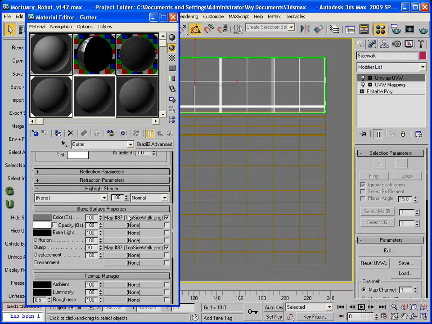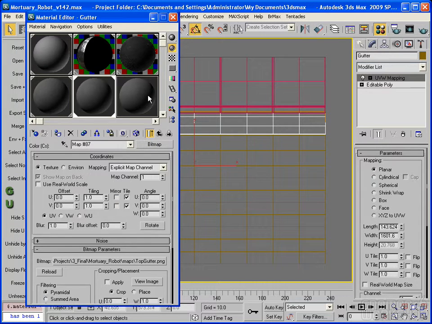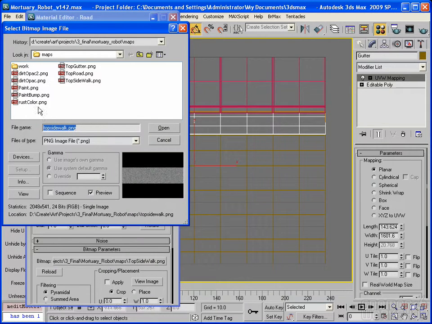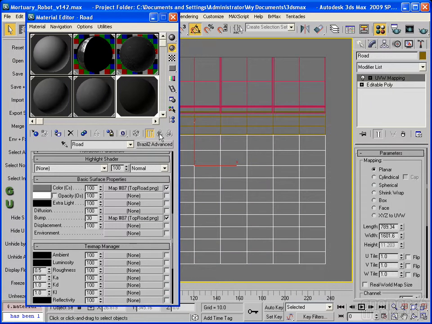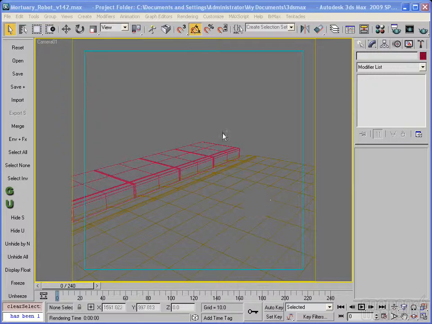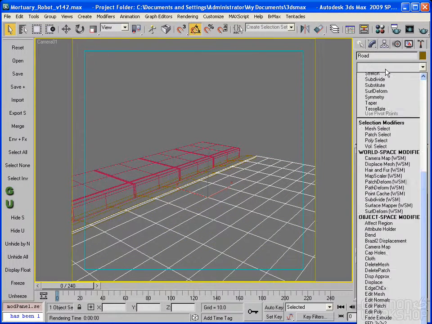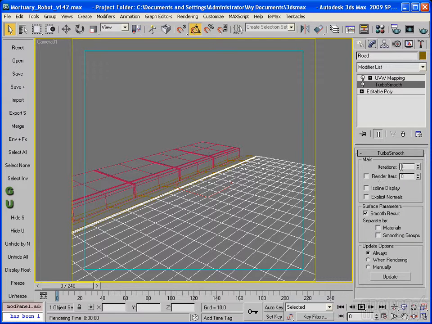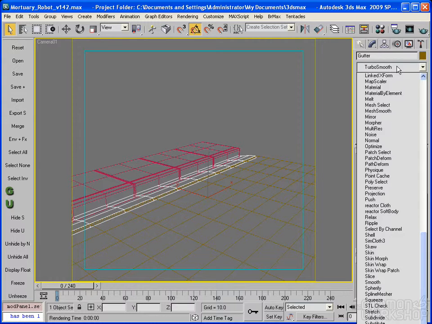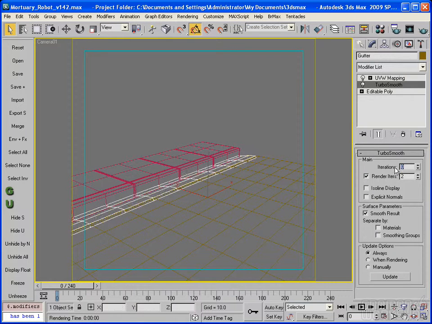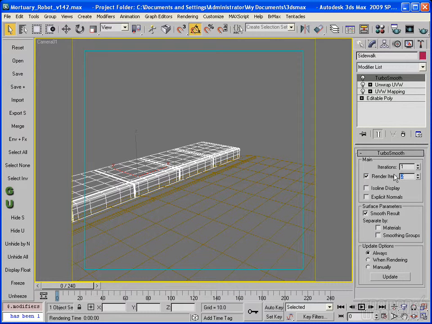But in these cases, this is not going to be the main focus of the final image, and so having the same map in both is probably going to look fine. But you might want to consider making different ones if you know, if you're going to spend a lot of time staring at the road really closely. But using the same one in all the different slots means you have far less maps in memory, which can really help. So now I'm applying my Turbo Smooth,